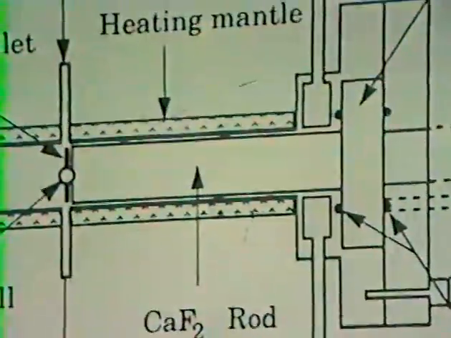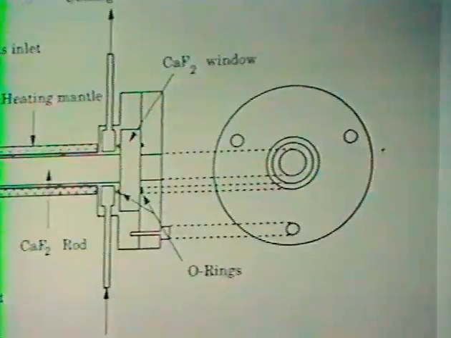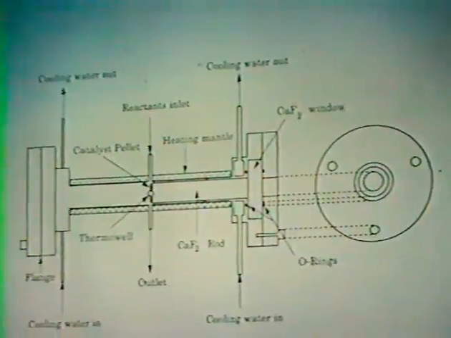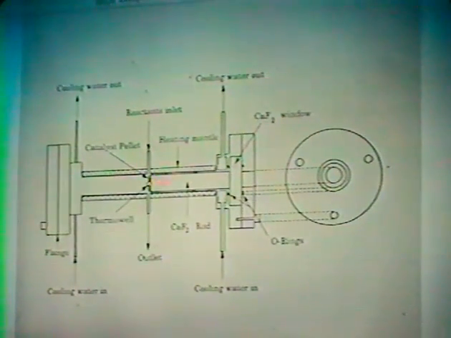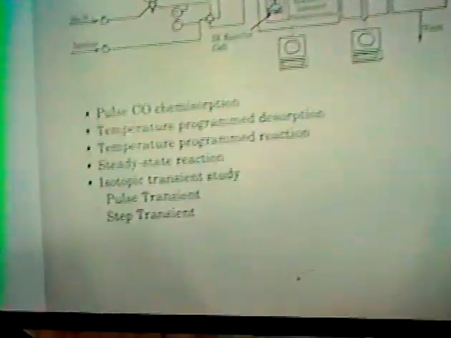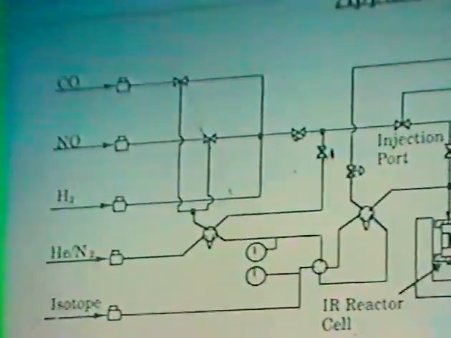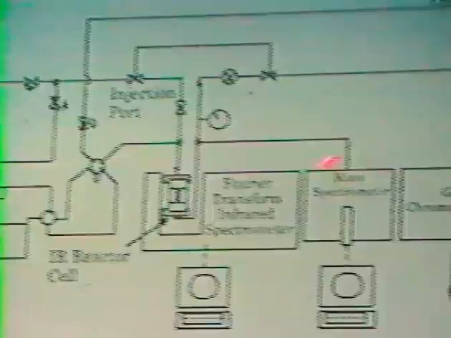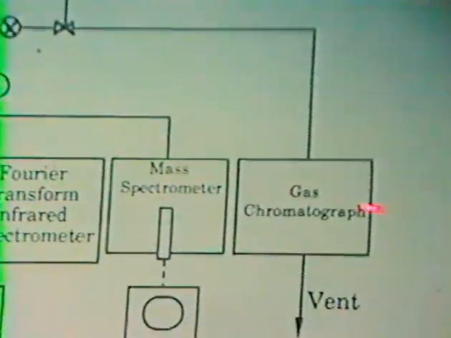This hollow stainless steel cylinder is used to separate the catalyst from the calcium fluoride windows on the side. In order to observe the primary adsorbed species, we have filled this empty space with a calcium fluoride rod, so that we primarily see the adsorbed species instead of the gas phase species. This reactor can be operated up to 450 degrees C and pressure up to 60 atmospheres, but in this study we only conduct the reaction up to 1 atmosphere. The effluent of the reactor is analyzed by mass spectrometer and gas chromatograph.